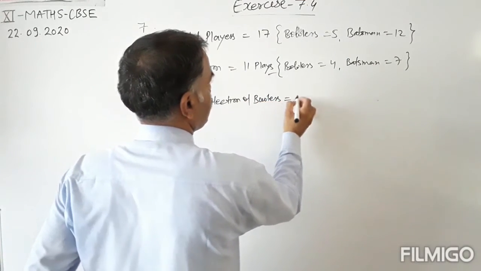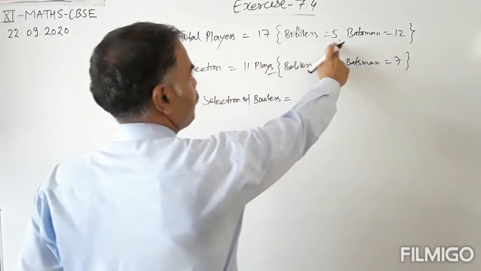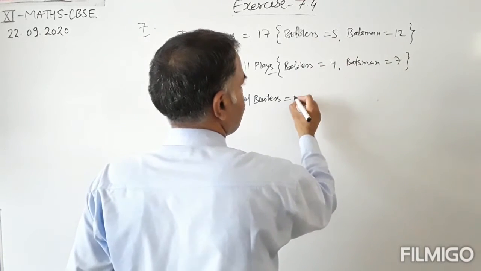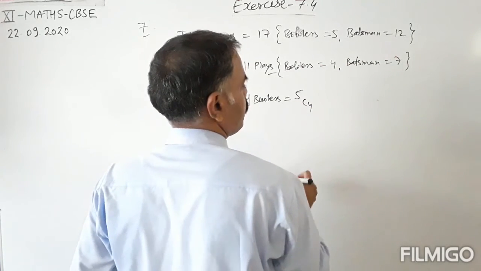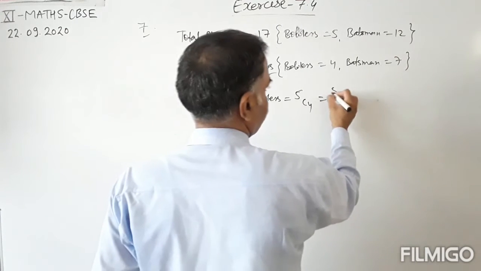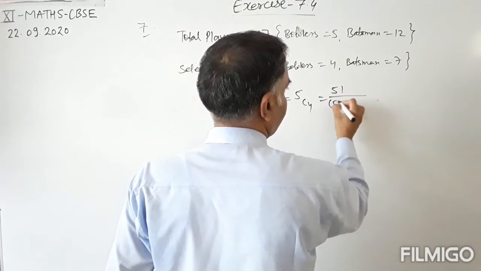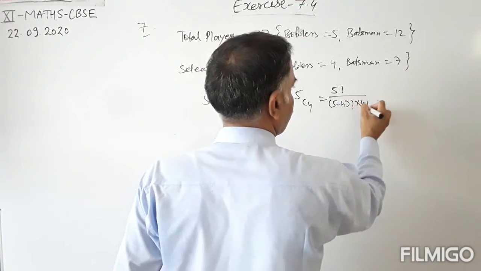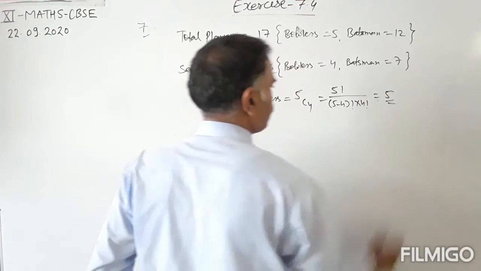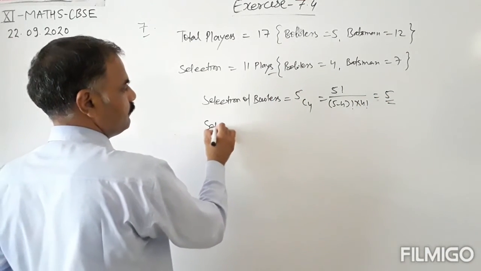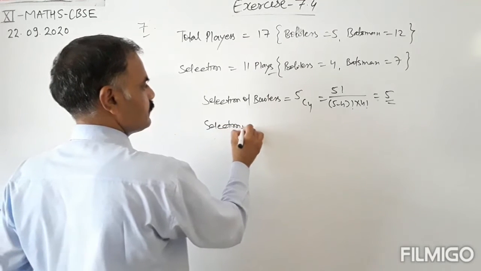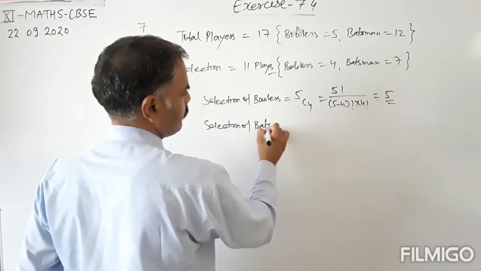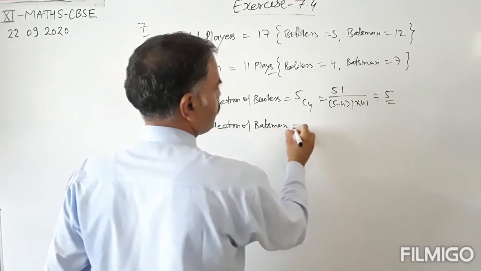That is equals to bowlers, means 5 bowlers. We have to select 4 bowlers. So 5C4. 5C4 means factorial 5 upon (5 minus 4) factorial into 4 factorial, equals to 5. Okay. Selection of batsmen, that is equals to